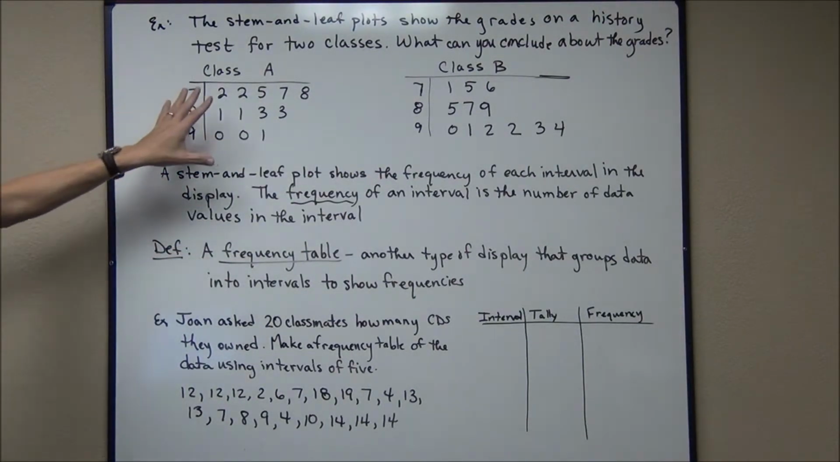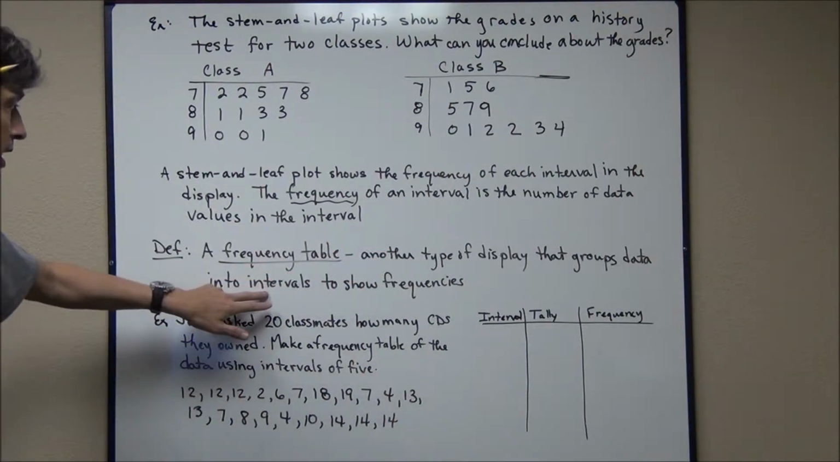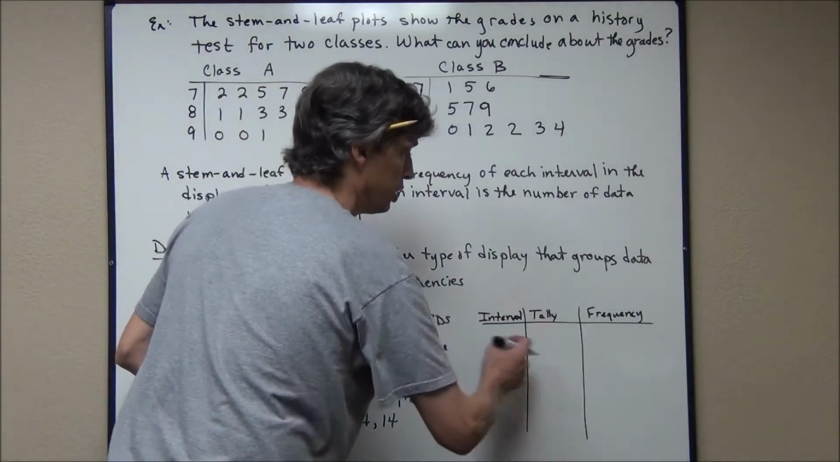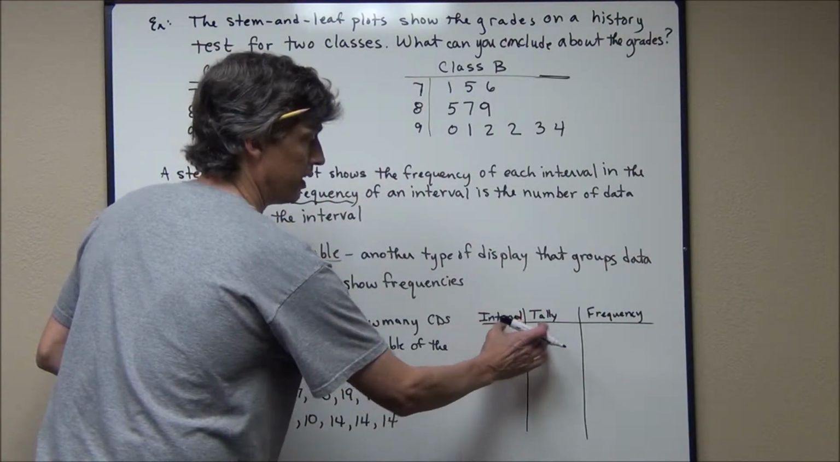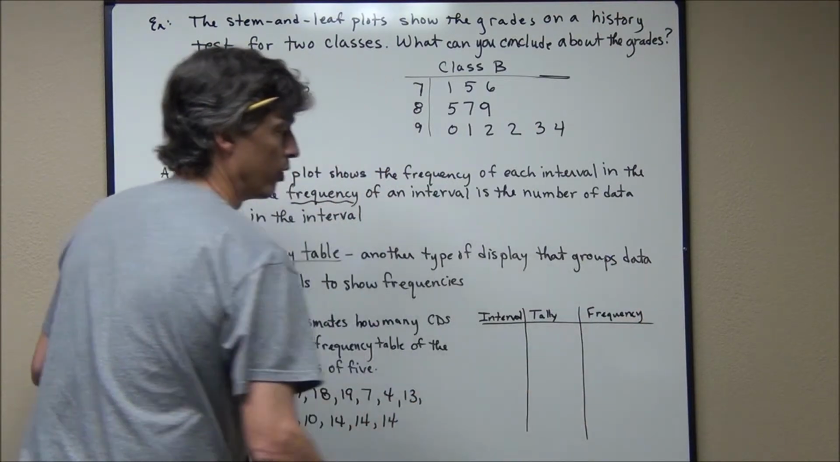Now this is just one way to display data and show frequencies. Another one is a frequency table. A frequency table is another kind of display that groups data into intervals to show frequencies. And typically it looks like a double T chart here. The first column being the intervals, the second column being tally marks, and the third one for the